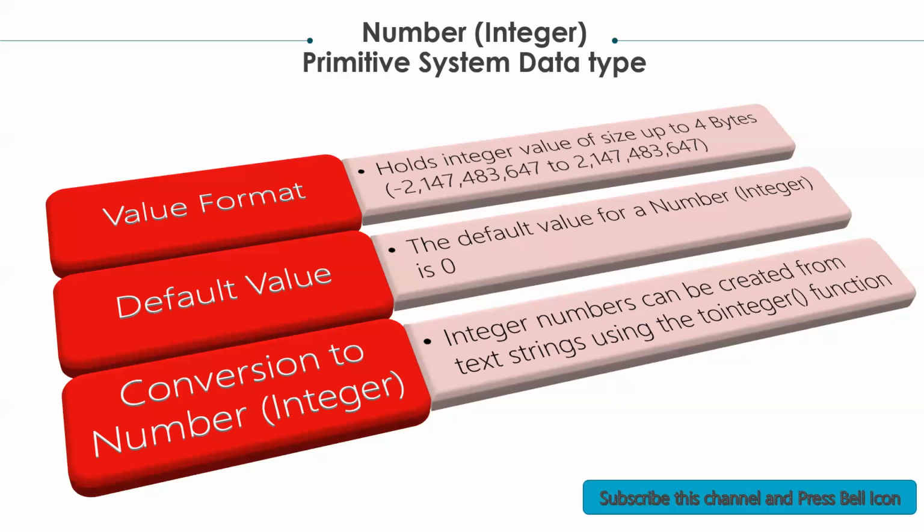On task forms, the number form component prevents entry of values outside of the valid range. For PVs, if you enter a value that exceeds the number integer range, the integer will be replaced with a null value when you save the process model. The process modeler does not provide you with a warning message if this occurs. An integer value can be created from a text string using the toInteger function.